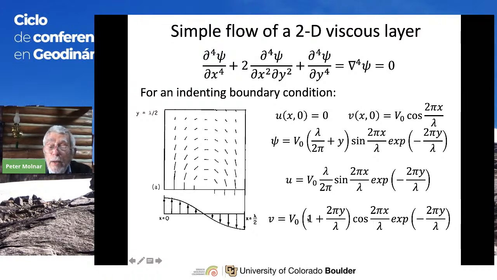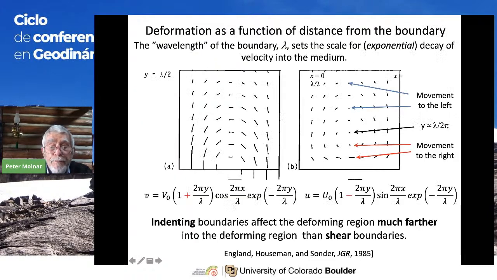And the v component looks different, looks very similar to the x component, but there's a difference. First, both u and v decay exponentially with y. So as you go farther and farther away, velocities decrease. Again, you have this cosine function as you do with the boundary condition. But here, as y gets larger, this term gets larger, even though it's damped by that term. This is different from the strike-slip condition where there was a minus sign in here. So if we compare them, for the indentation boundary, material moves in, flows around, and comes back out as it does right at the boundary because of this plus sign.